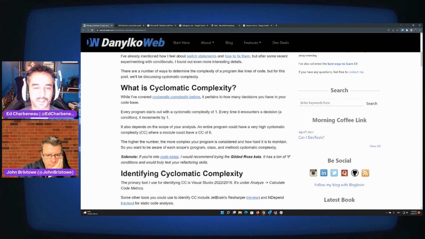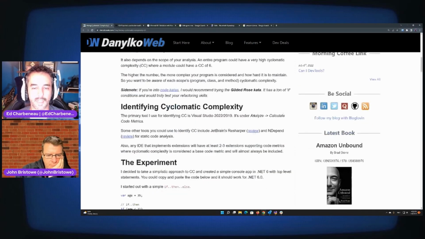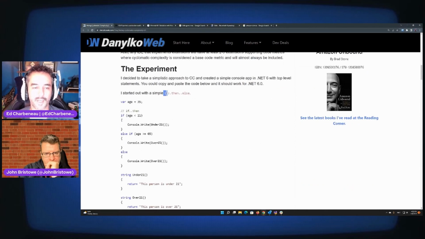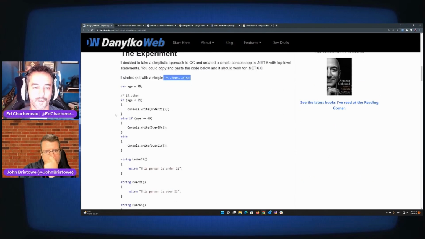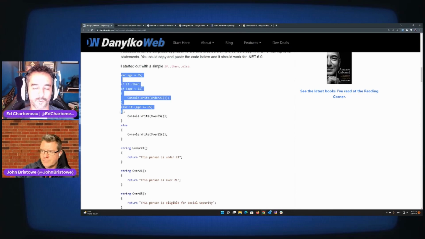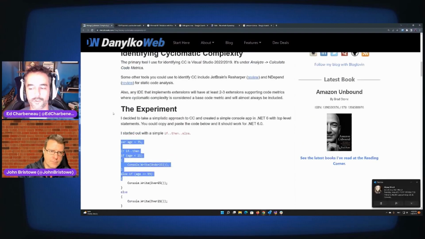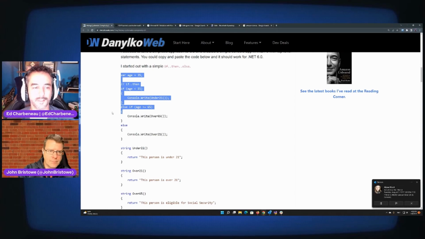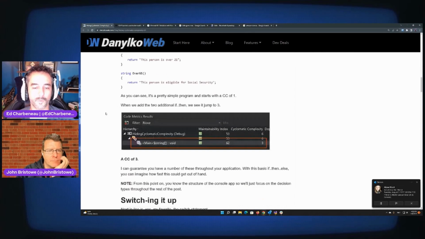Cyclomatic complexity is one of those things you should keep an eye out for. And in Visual Studio, there's actually an analyzer built in. If you don't have it enabled, you should check it out. What it does is give you a score based on how many times your code branches. And if the complexity is over a certain score, you should look at refactoring what you're doing. And he walks through how this works in Visual Studio, why it's important,